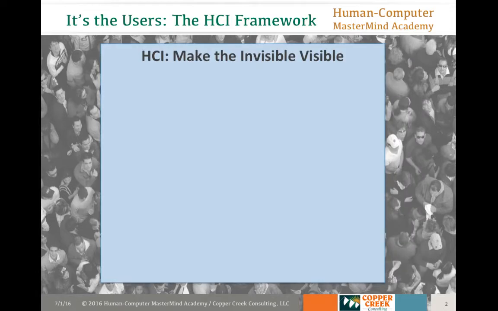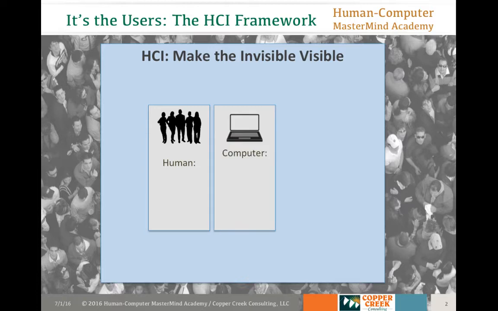So we're going to start with a framework. So I mentioned that this human-computer interactions framework is a pretty important part of what we're going to cover here in this workshop and ultimately in the Human-Computer Mastermind Academy. And again, as I mentioned, we're going to talk about humans, computers, and interactions. So let me give you an overview, and we'll use this diagram repeatedly as we go through this particular section of the workshop and into some of the more advanced topics as well.